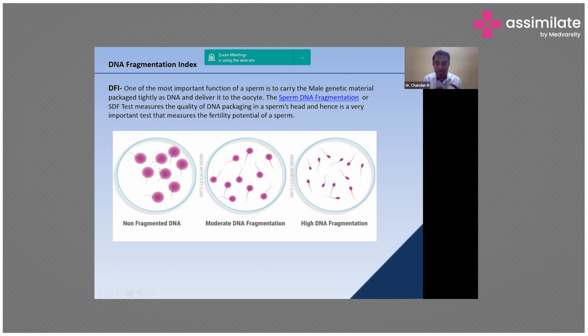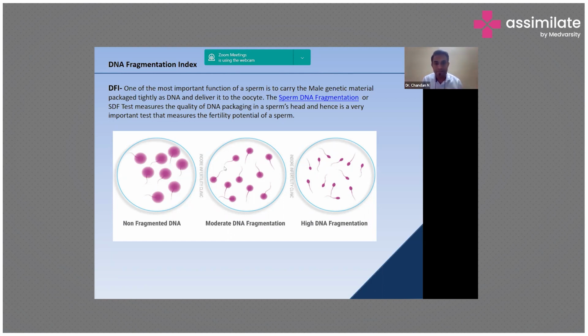So when it comes outside, when we lyse the sperm cell, obviously the DNA contents will spread out, and this is stained. Because of the staining, you can see a big halo, which means the more the halo, the better the DNA of the sperm. That is the reason there is a big halo. That means the left-hand side sperm cells which you are seeing had a very good DNA content in them. That is the reason they have a very big halo around them, which is nothing but the chromatin,